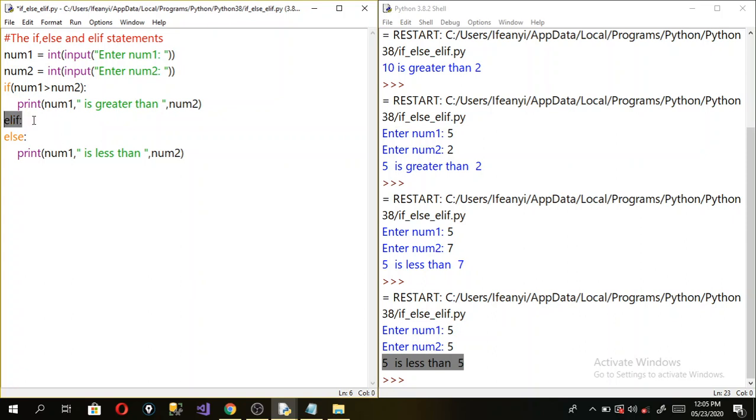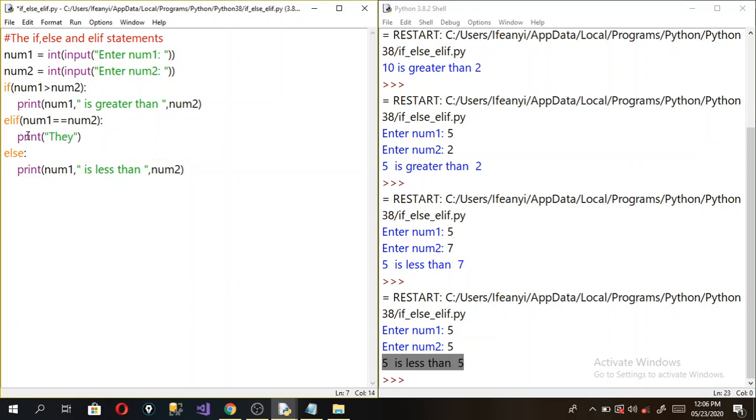Now elif, you can't just do a colon here, you also have to give it a condition. If that condition holds, you run some lines of code. Now as I'm pressing enter, Python is directly giving me the indentation there. So it doesn't actually start from the beginning, but if yours does, just tab a little. Consistent tabs will work. Now we can come elif. Now we say num1 is equal to num2. Okay, and then we're going to type what is going to happen. Now we just have to print